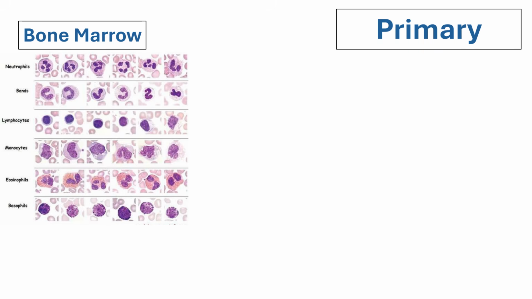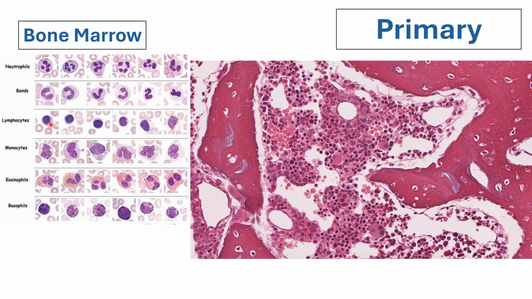So for the bone marrow, this is just a review, no? These are the immune-related cells, and here are usually the ones that should only be seen in the peripheral blood circulation, right? And we said before that these different immune cells, their immature versions are found within the bone marrow, right? And then we are able to identify these still developing cells based on the color and the size of their nucleus, right?